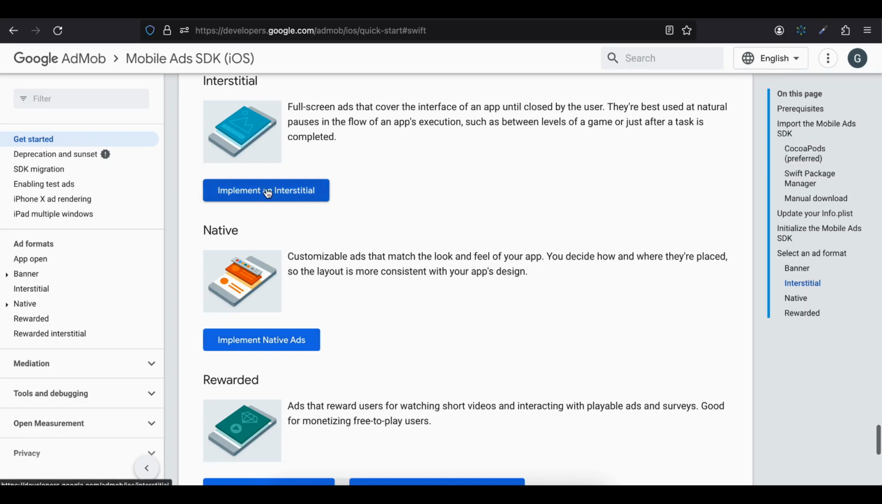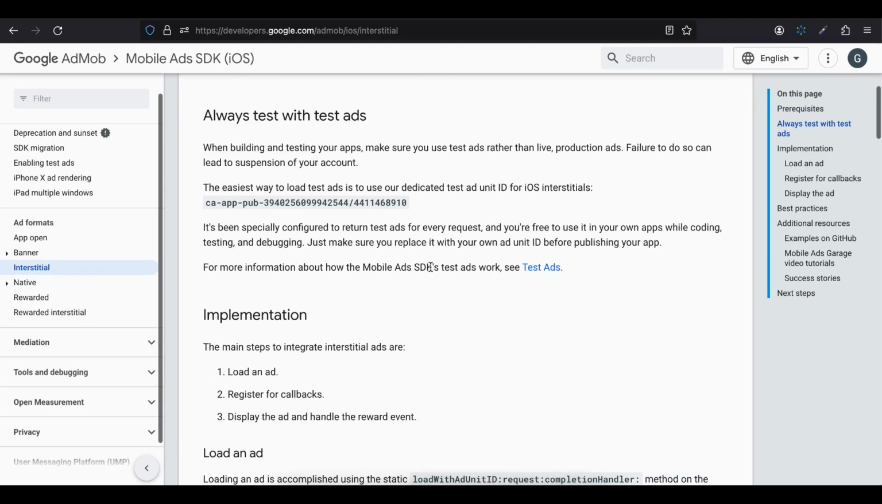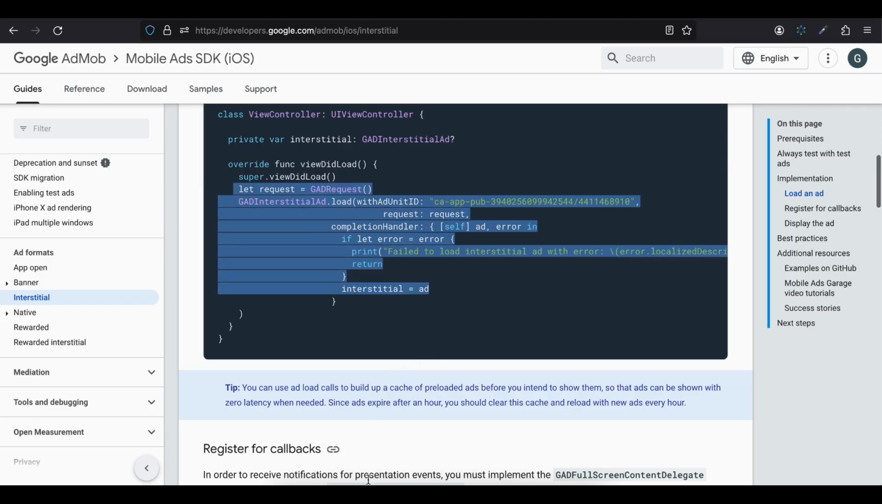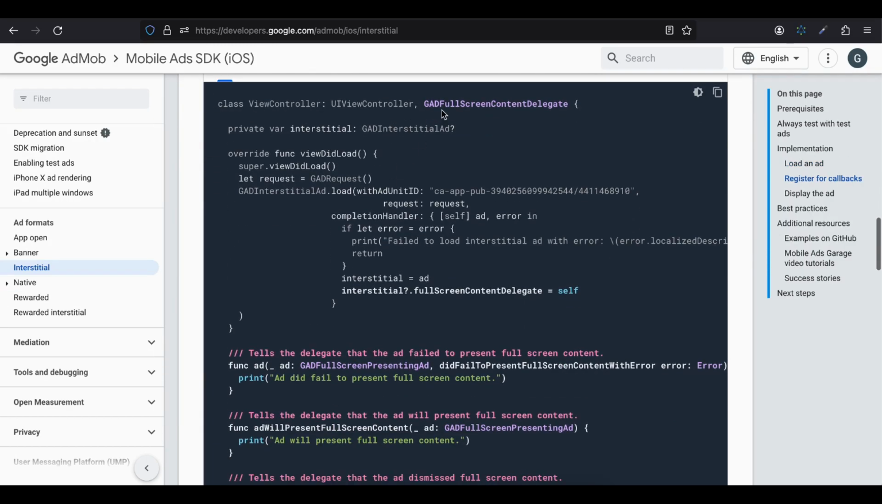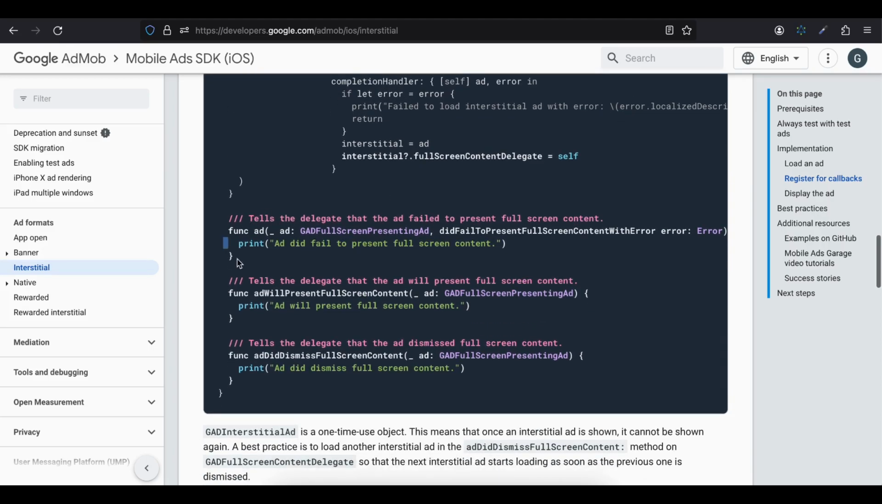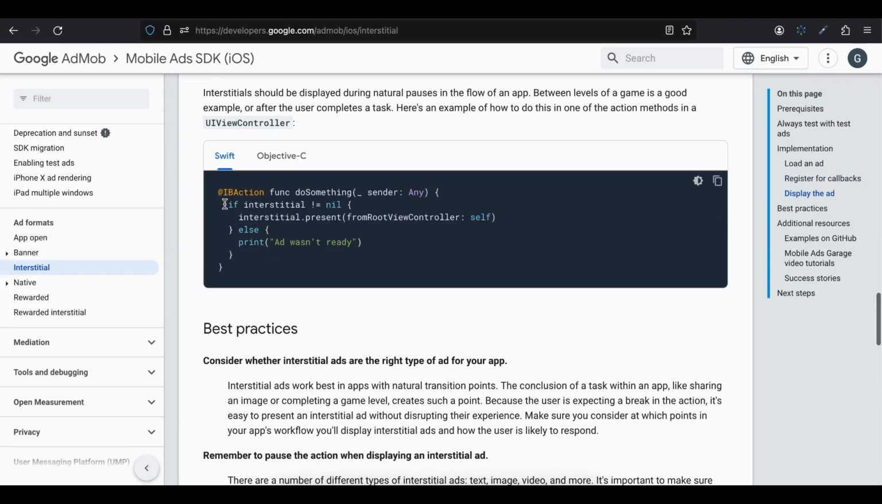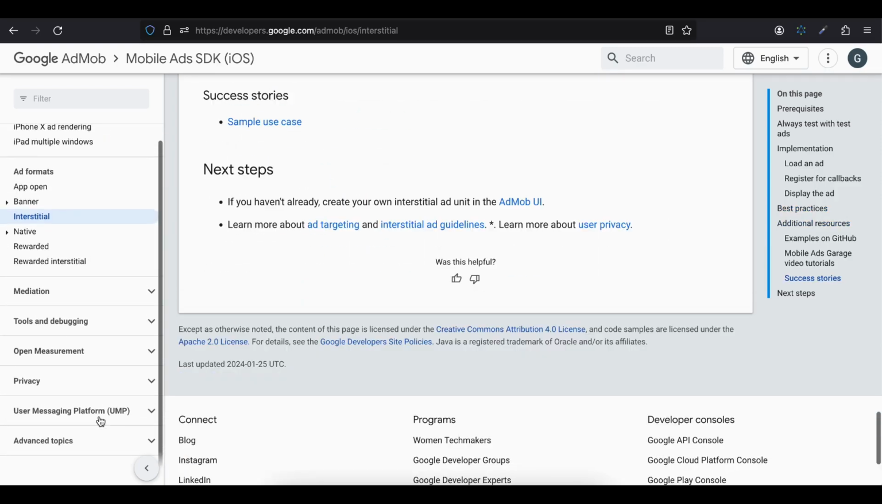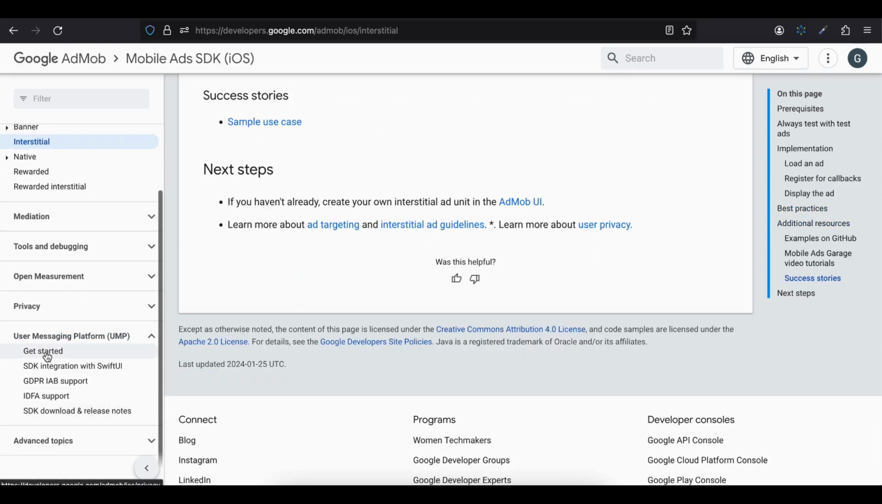Next, here I have gone to implement an interstitial ad, and here you can see we just copy pasted this code for loading the interstitial ad, and these callbacks also we have defined inside our code. And for displaying the ad, we are using this. Okay, so that I have already shown you. Now for displaying the consent form, you will have to go to User Messaging Platform, click on get started, and